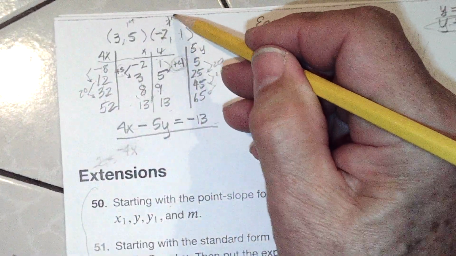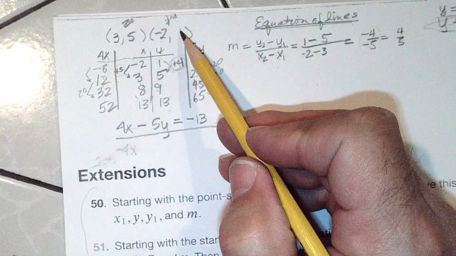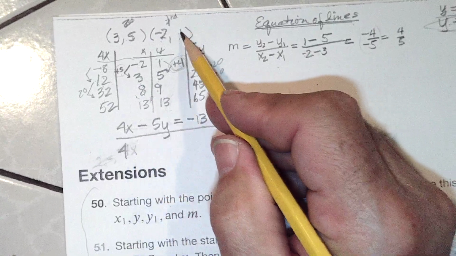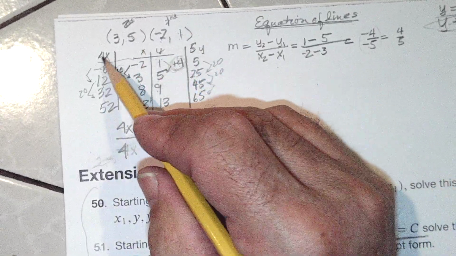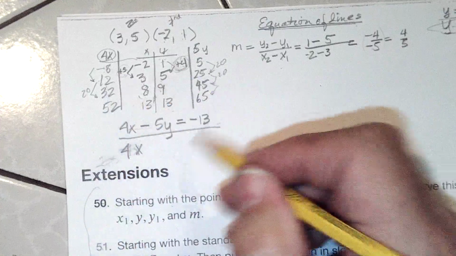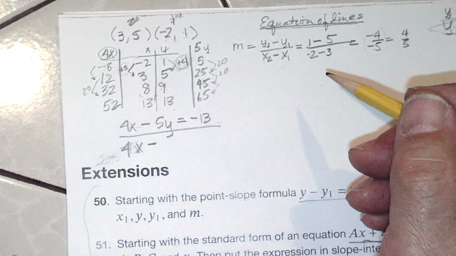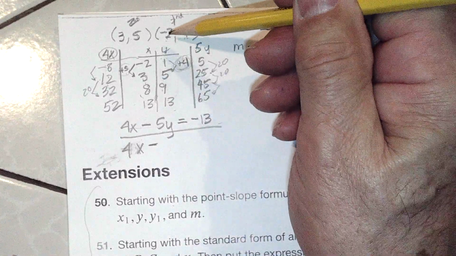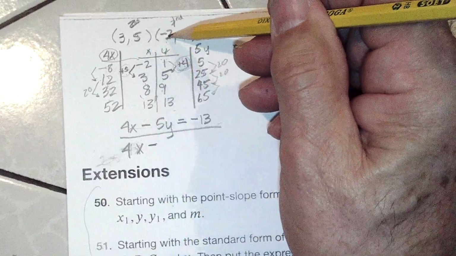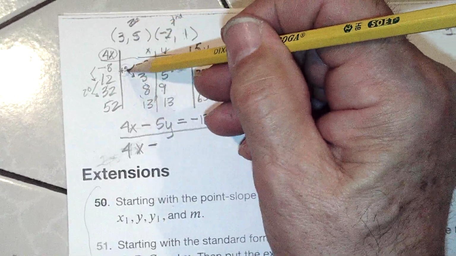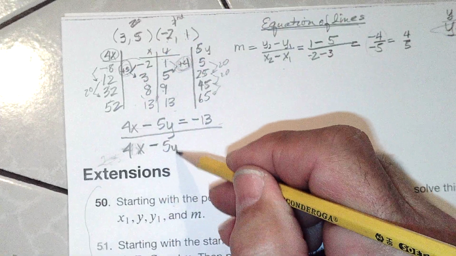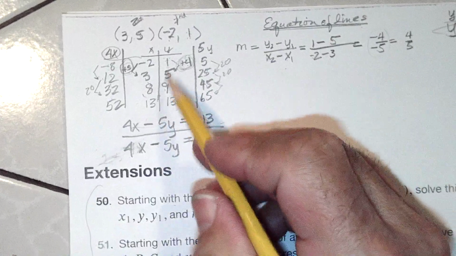Let's call this the first and this the second. So 1 to 5 is a change of 4. That's how the y's are changing. I take that number times the x. Then these are always going to be the same distance apart, so I'm going to subtract them to get how much apart they are. Then I'm going to do, I went 1 to 5 was up 4, -2 to 3 is up 5. That's the change in x. And I'm going to take that times the y, and that turned out to always be,